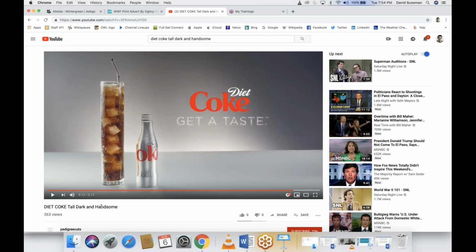Coke Zero, by the way, is the product that was created to target men because men, for some reason, don't like to drink Diet Coke. So they created Coke Zero for guys, but Diet Coke and Diet Pepsi are still overwhelmingly aimed at women. So it uses a tagline, tall, dark, and handsome, that heterosexual women would definitely pick up on. And then the humor of the ad is to replace the tall, dark, and handsome man with a tall, dark, and handsome, I guess, glass of Diet Coke,